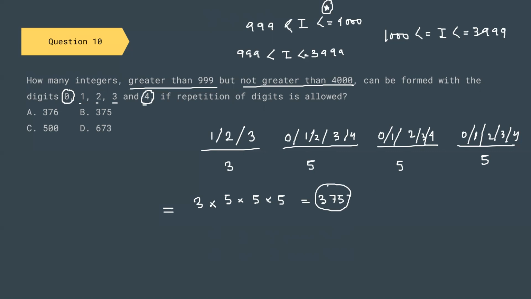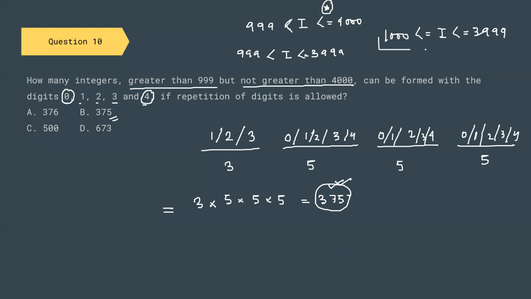Most of the students get this 375 and they see 375 in the options. They are satisfied, they mark 375 and move on to the next question. But just because of a silly mistake, you have invested time upon this question and you're losing marks also. Either you get all the marks for the time you have invested upon a question, or you don't invest time at all, because time and marks are both important in every examination.